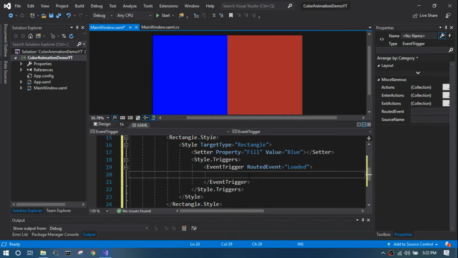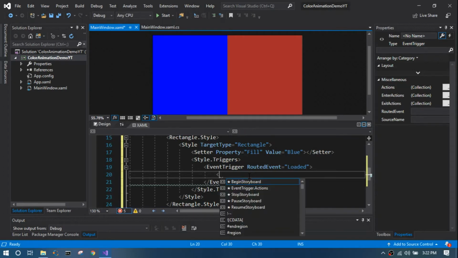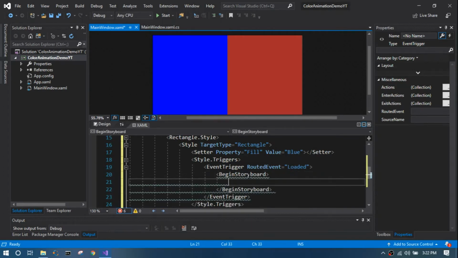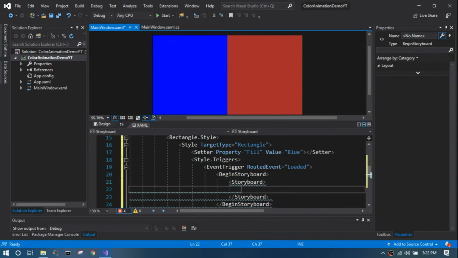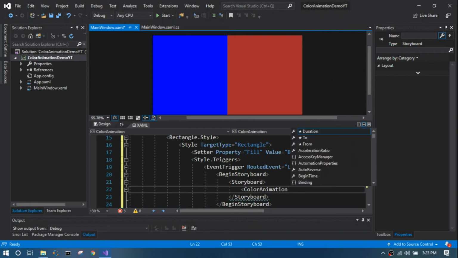So inside the event trigger we have begin storyboard, and we have storyboard, and also we have color animation. So there are two types that I told, right? One is color animation and one is color animation using keyframes. So the first column will use color animation, and you can specifically mention from which color it has to change,